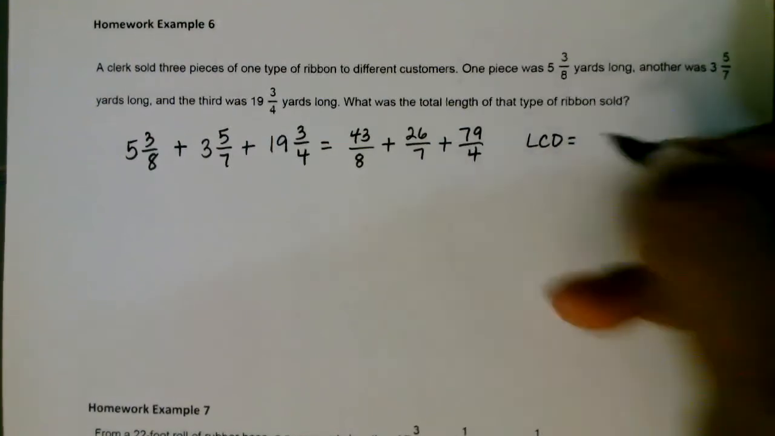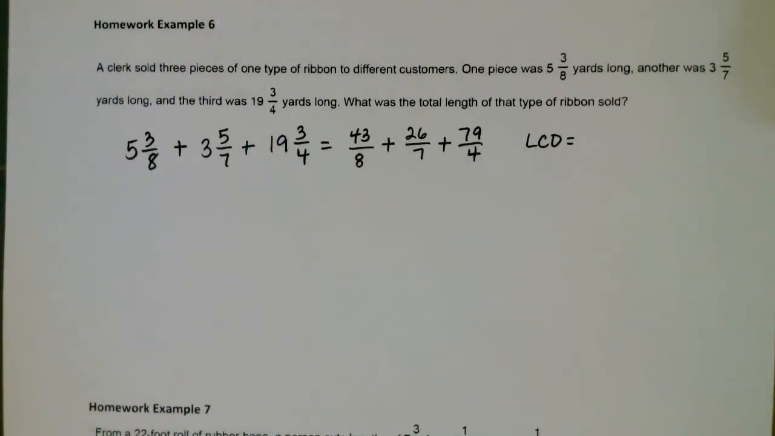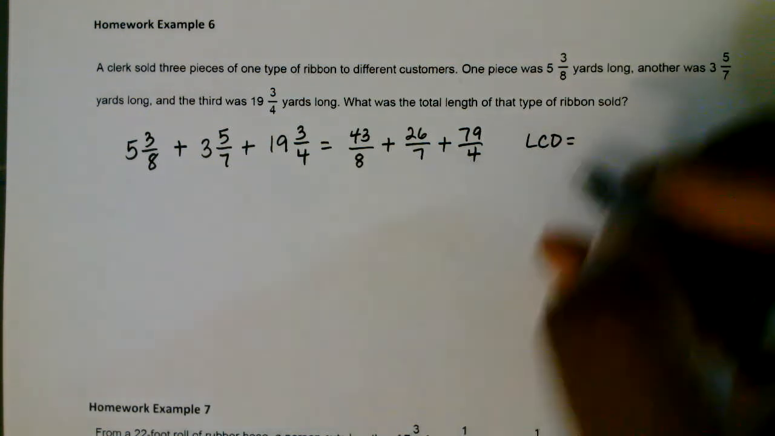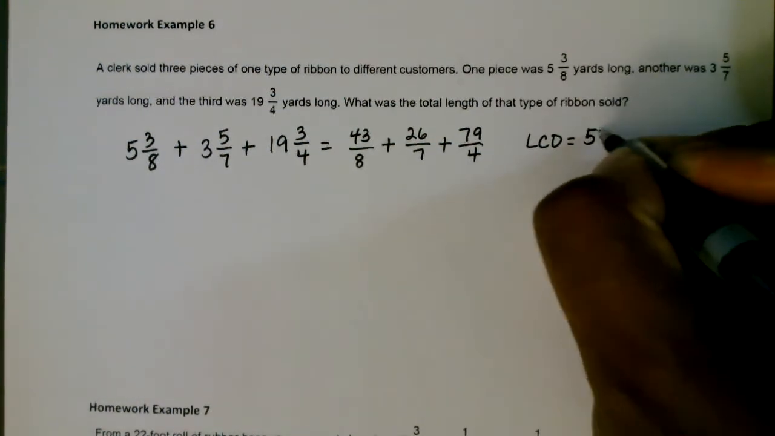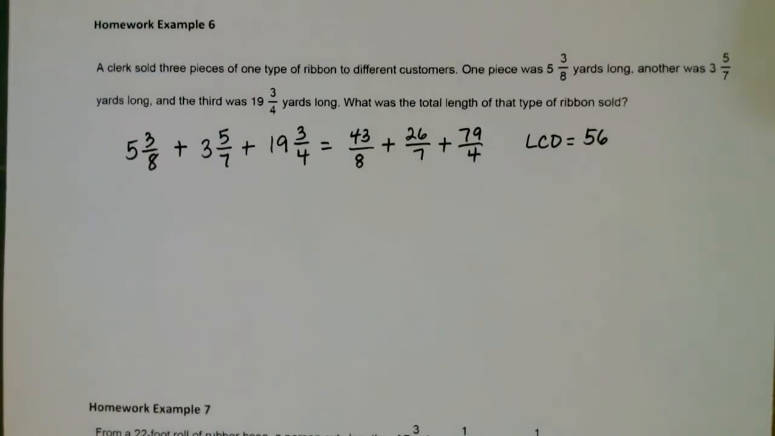Now we need the LCD of 8, 7, and 4. Well, I know for 8 and 7, it will have to be 56. And 56 is divisible by 4. So let's use 56 as the LCD for those three fractions. And for each one of those, we're going to write the